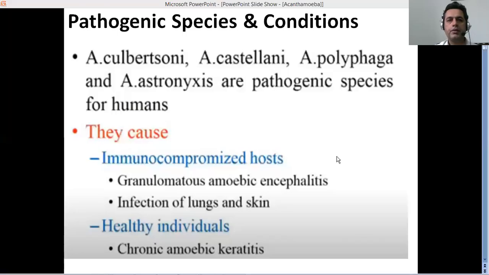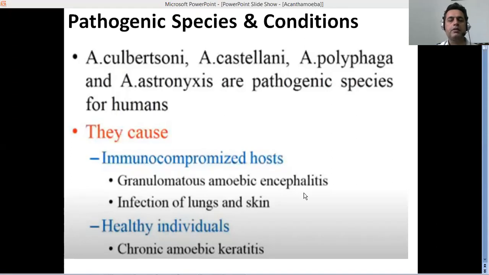So there are different species of Acanthamoeba. More than 20 species have been described. Some of them are pathogenic, but not all of them are pathogenic. You can see some of the pathogenic species here, which include Acanthamoeba calvertsoni, castellani, and other species, and they cause different conditions. For instance, they cause a very fatal condition, inflammation of the brain, which is called granulomatous